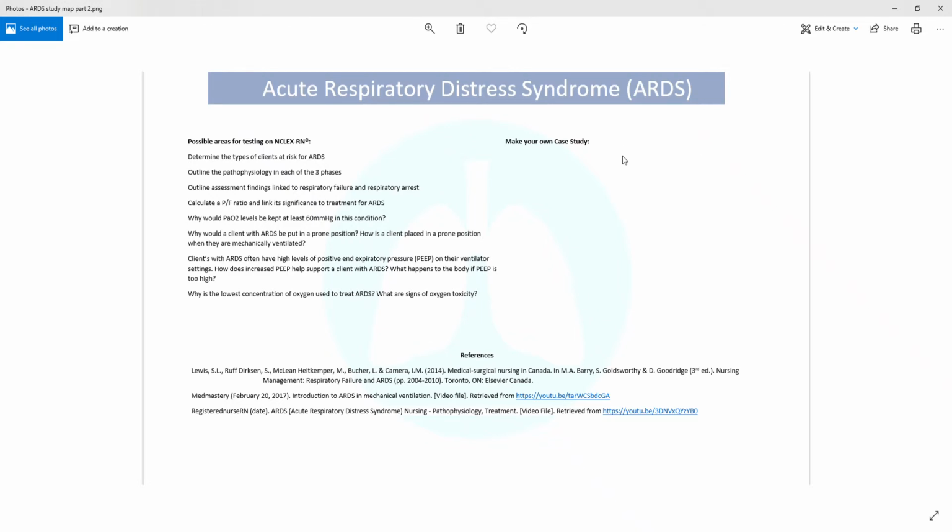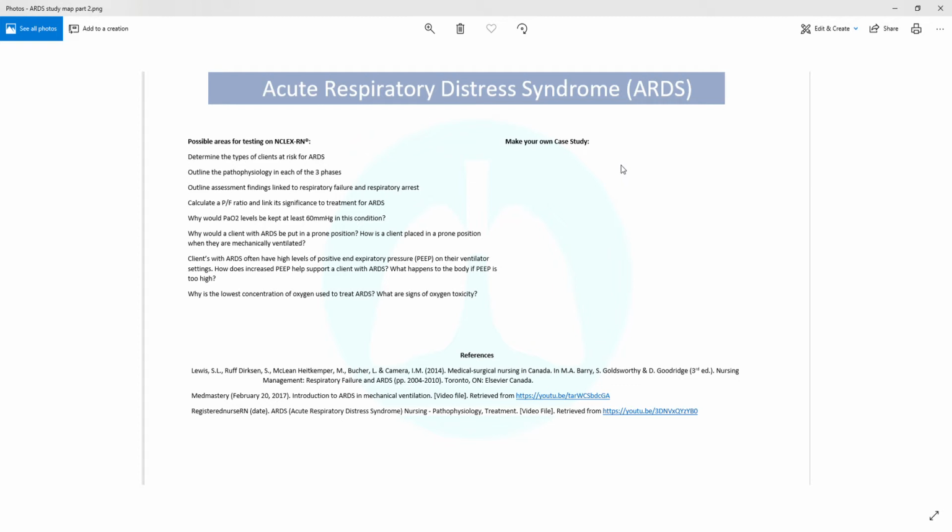On the second page of your study map, you'll find an area titled Possible Areas for Testing on the NCLEX-RN. As I made these maps, I was simultaneously creating questions for a practice exam bank. Every time I created a question, I put down the content area on the back of the map to keep track. And what I found after moving through quite a number of these questions were some common themes